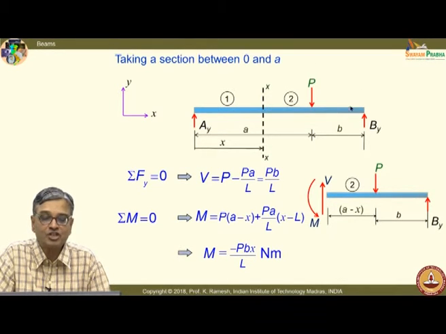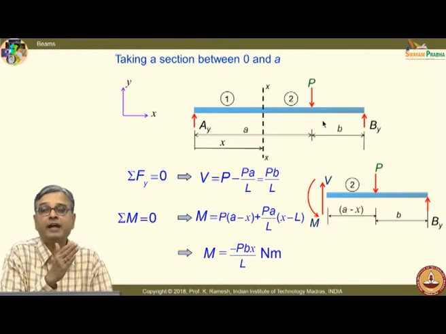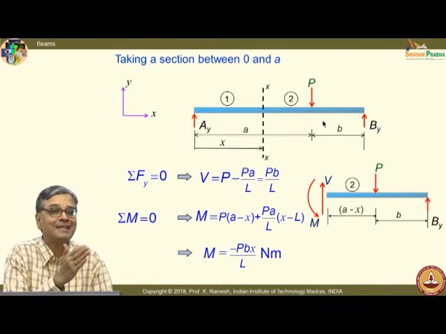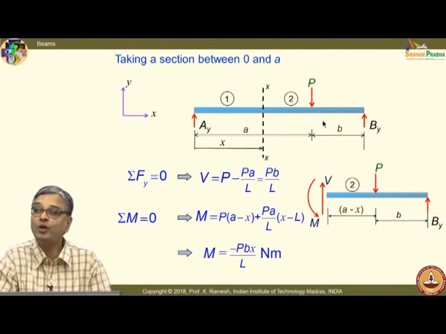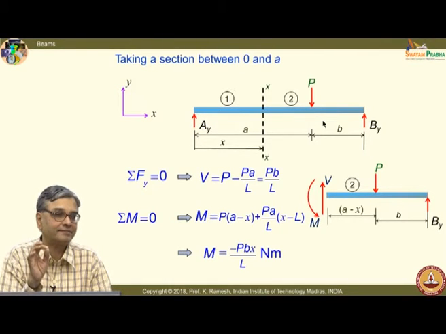Section 2 is not good for finding out for this section at a distance x. On the other hand, if I have to find out what is the variation in this segment of the beam, I can make a cut here, then this one will be simpler to analyze than what you have it here. So, I want to set a stage. We may have to solve a given problem starting from left to right or right to left, whichever is simpler in handling mathematics.